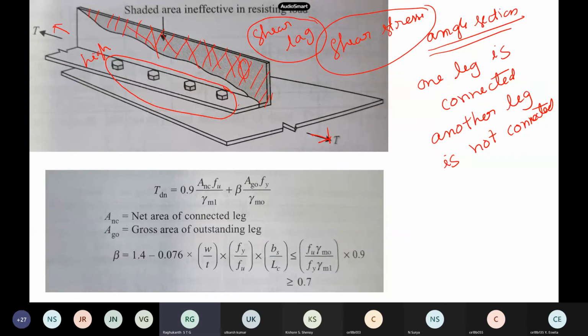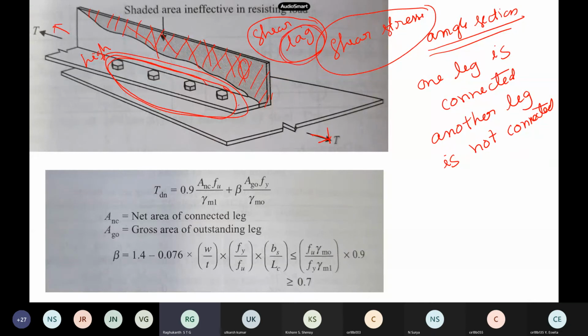It is because this problem happens only near the connections, and near the connections the load, although it is tension, is transferred through shear only, through these bolts and other things. Since you have not connected both legs, only one leg is connected and the other leg is not, the stresses in the unconnected leg will be small compared to the connected leg. So the shear stresses are lagging behind from the unconnected leg to the connected leg near this connection portion, and this word came up.